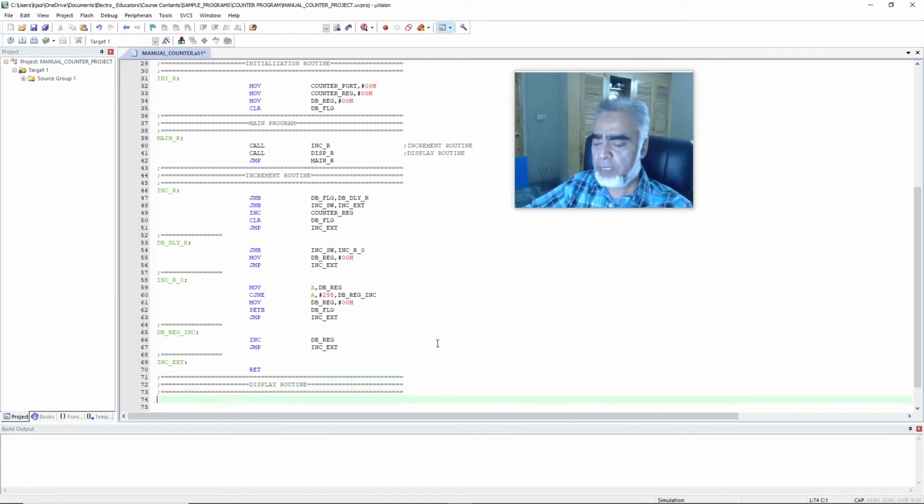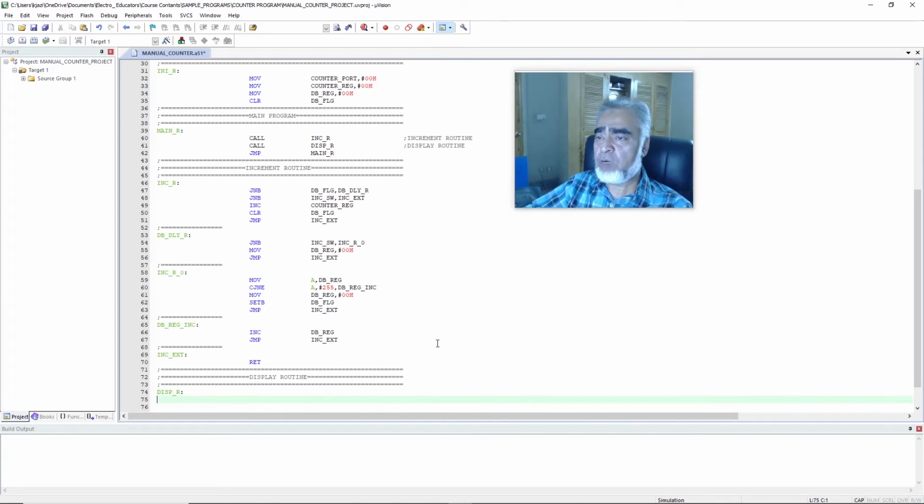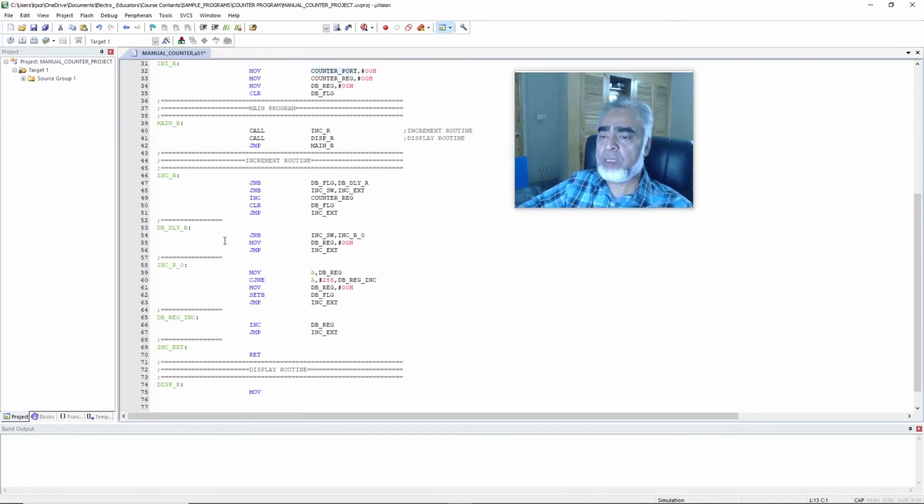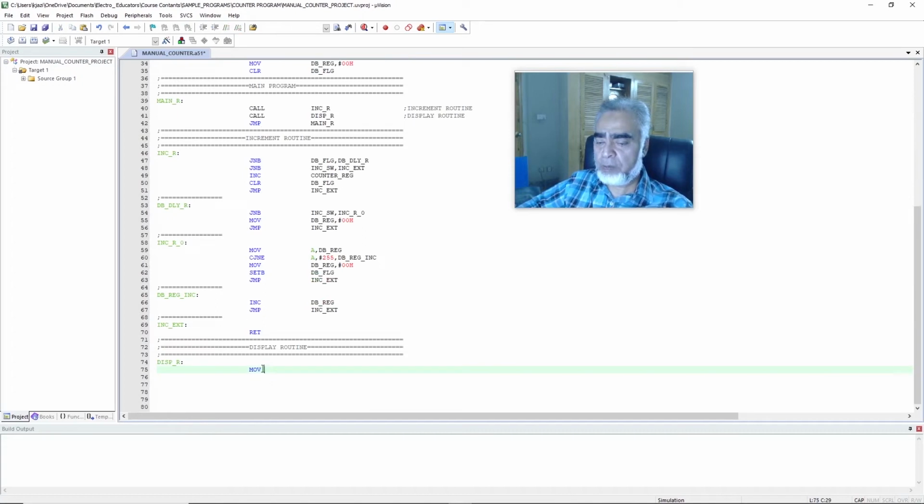So here we will write the display routine, and here we will write dispar using a colon, and here we will move the value of counter reg to port 0. So here we will write move, and here we have assigned the name, that is counter port to port 0. So we'll copy this variable from here, Control C, and we'll paste it here, Control V, comma, counter reg, and we'll exit from this display routine. So here we will write return,